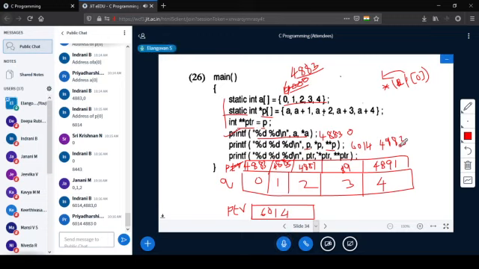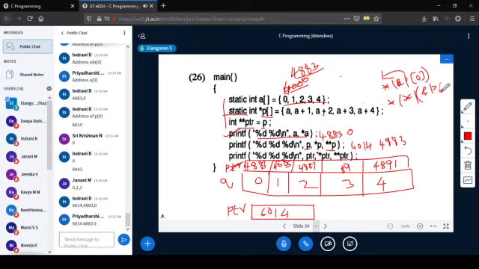Then star star P means star of, again star of, what is P? Address of P of 0. This is a bracket, address of P of 0.